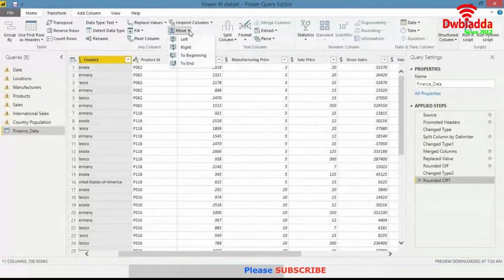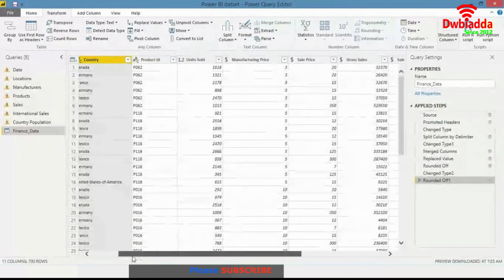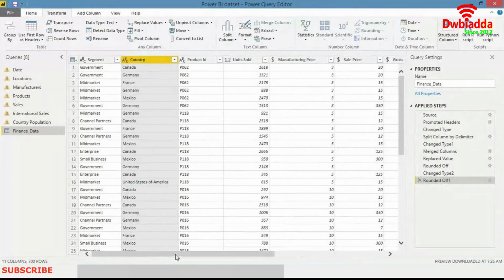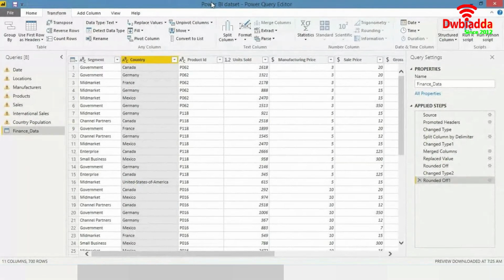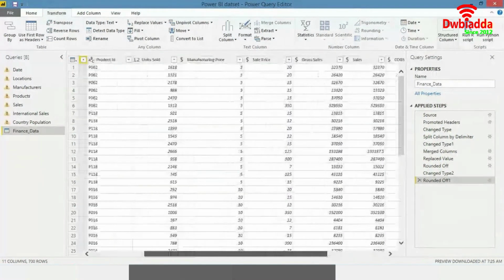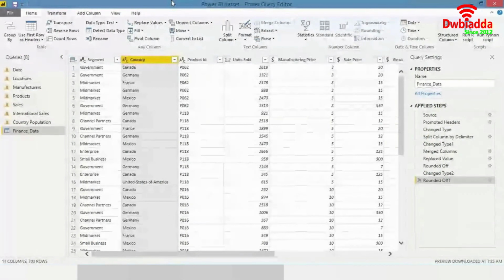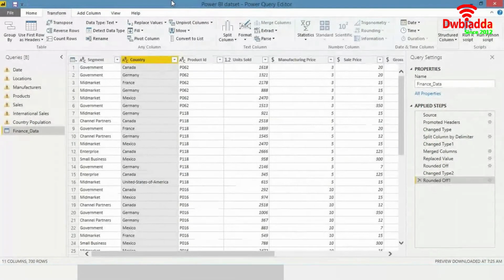Can we use only Excel sheets, or any XML files also? As I said in the beginning, you can also import data via R script or Python script. So there are multiple options over here. You can probably find that option over here as well. You can also connect a server to it. You can also connect a database to it. All right, so these are the functionalities, and there are many more. I would suggest you go on and explore in the Power BI desktop. You can find multiple options over here.